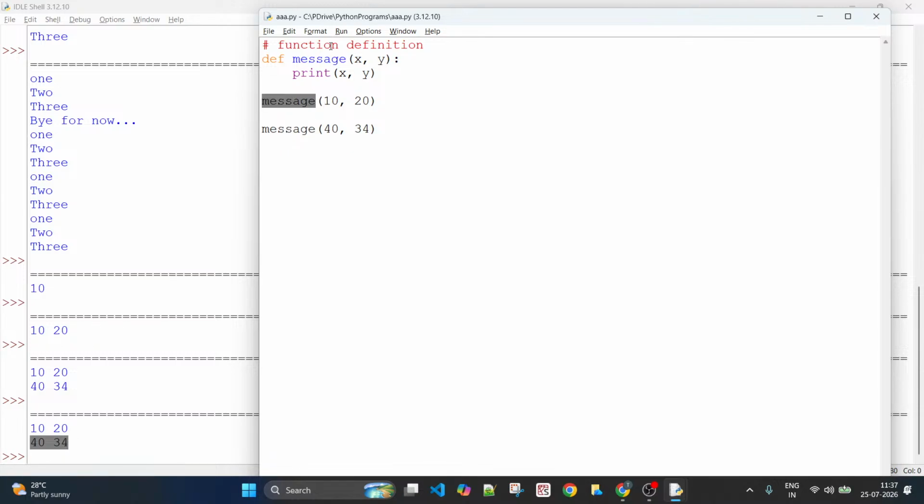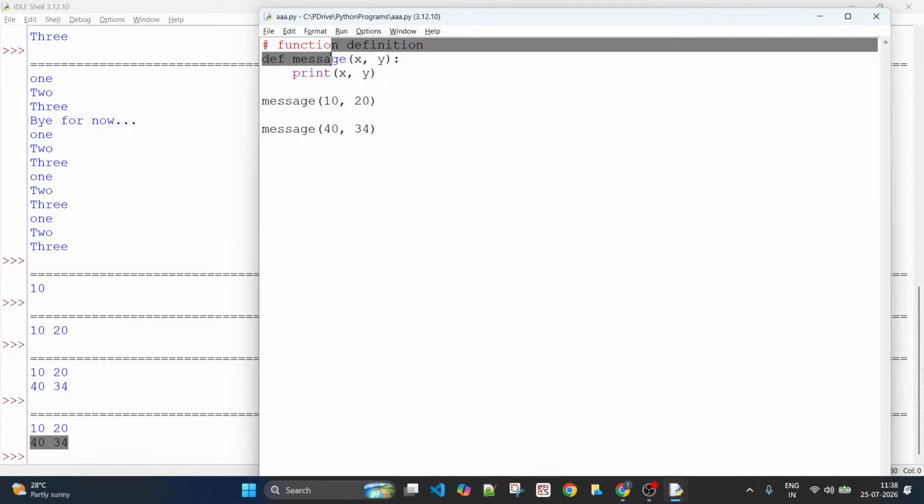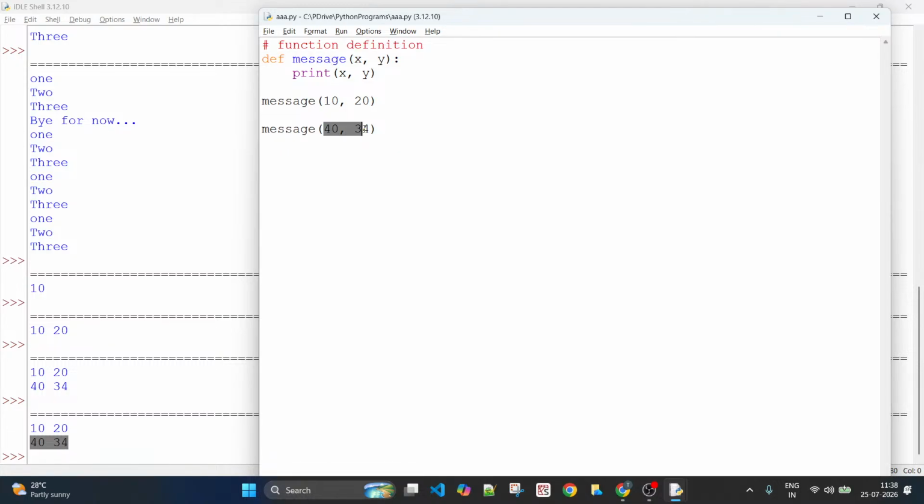So when you are calling the function which can take arguments or receive parameters, you have passed two values. These two values will automatically get into this, right? The second time you have called this function, again the same function but with different arguments.